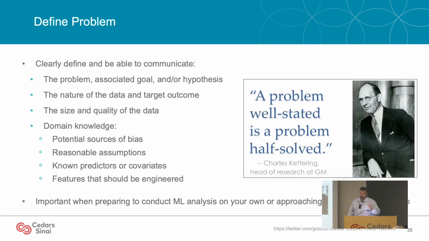Some of this is going to be really obvious, forgive me. The nature of the data and the target outcome, right? Make sure you understand the nature of the variables and how you expect them to be related to outcome. Do you expect them to be related to outcome? What is the size and quality of the data? These are useful things to be able to communicate ahead of time. If you're not a machine learning expert or a data science expert, and you want to collaborate with someone that is, these are really useful things to think about to facilitate that interaction, that exchange in an initial collaboration.